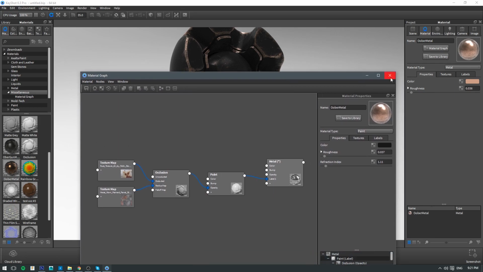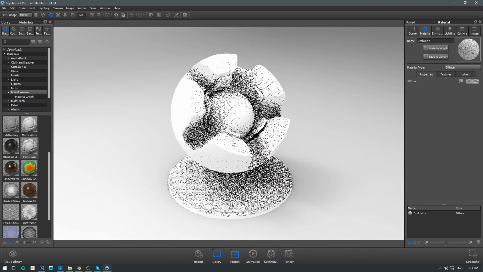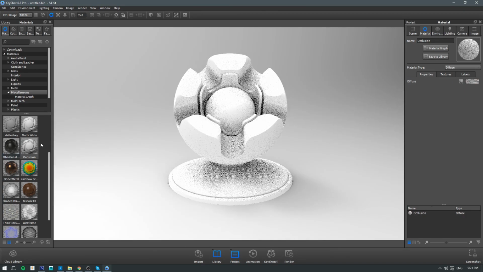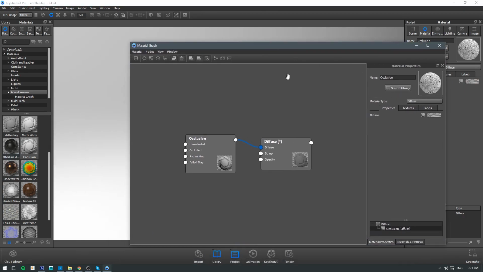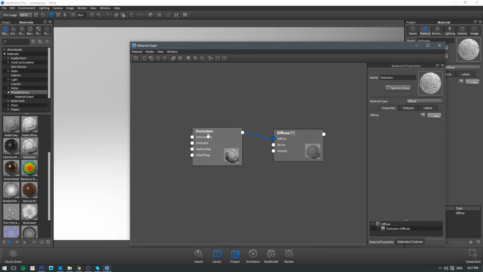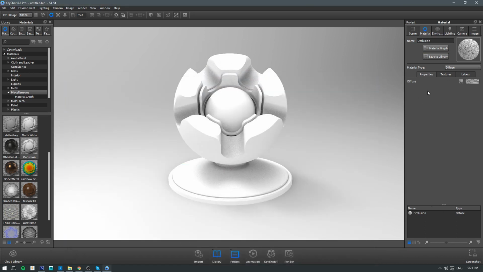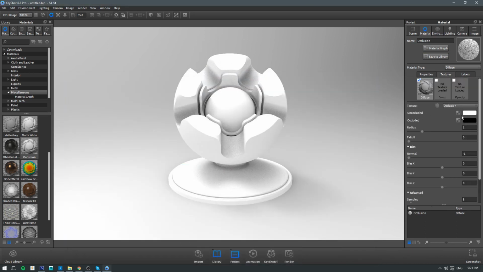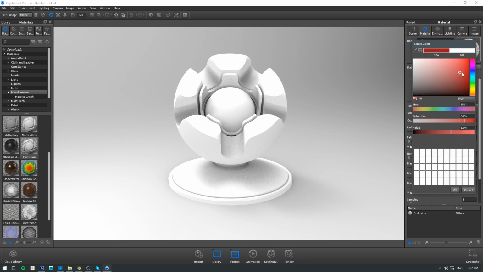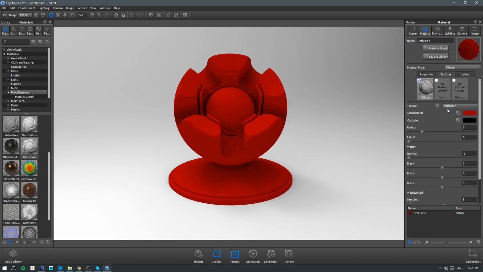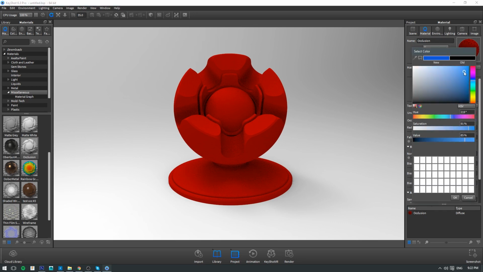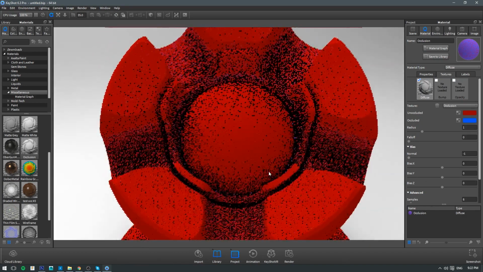But again, this is how it starts. You just plug in the occlusion, and in the material graph, it's just diffuse and occlusion, and you start plugging in other maps. Or you can just play with color, and that's how you learn what's occluded and what's not. Currently unoccluded looks white. Let's make unoccluded look red, and occluded will look blue. So you can instantly see what areas are affected